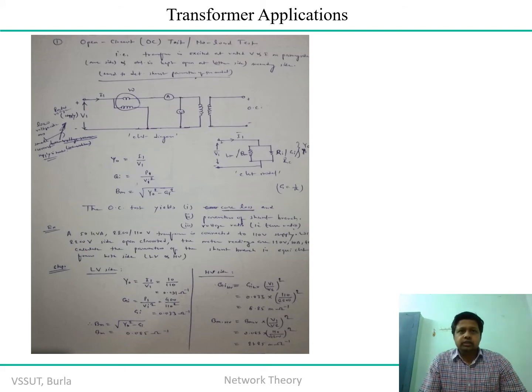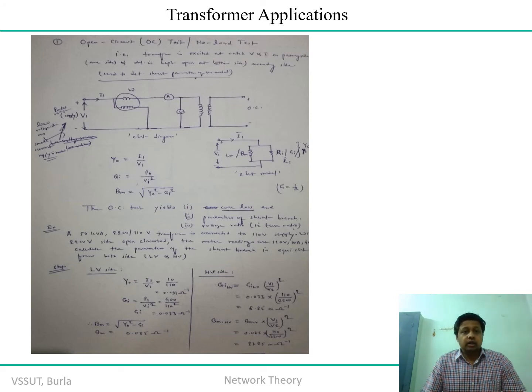Why is it called the no load test? Because in the secondary side of the terminal, you remember your load, the end user, is always connected. In the secondary side, the load impedance is kept open, just like the way we apply Thevenin's and Norton's theorems over an electrical network. This I said just as an example for your better understanding. So we keep the output terminal of the secondary side open, and therefore the involvement of the secondary side in the equivalent electrical network of this transformer circuit is nullified.